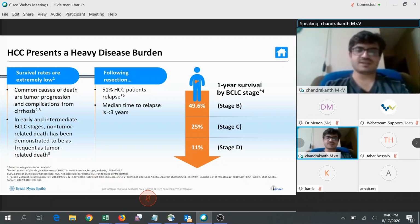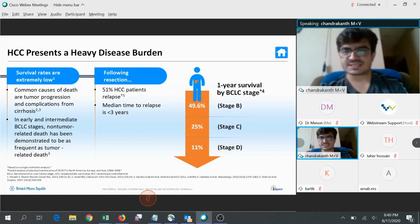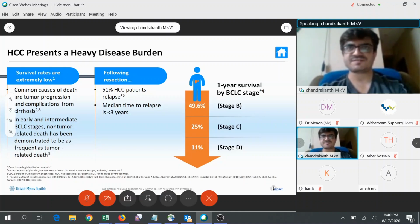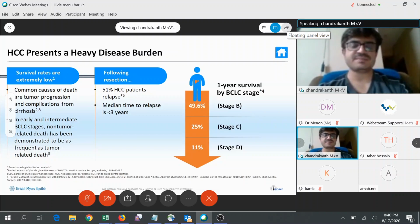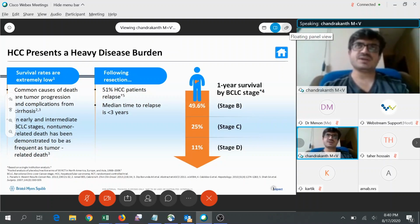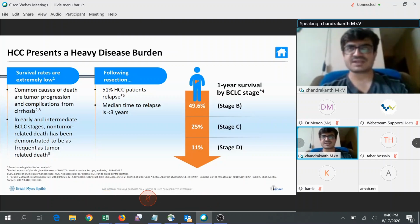So the main pathways for HCC are the VEGF pathway, where we use drugs like bevacizumab, or VEGF blockers like lenvatinib and sorafenib. The second pathway is the immunological pathway, where we use the PD-L1 or PD-1 blockers. These are the only two ways of systemic therapy or targets which we have. These are chemotherapy-resistant malignancies where conventional chemo is not the standard of care. So these are difficult-to-treat diseases, and we have hardly a couple of targets with which we can prolong